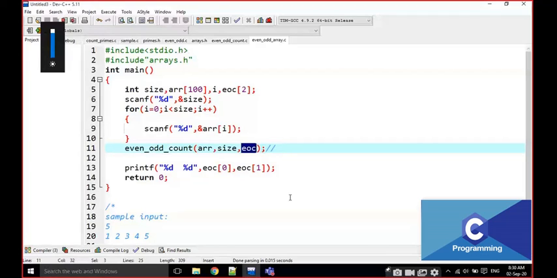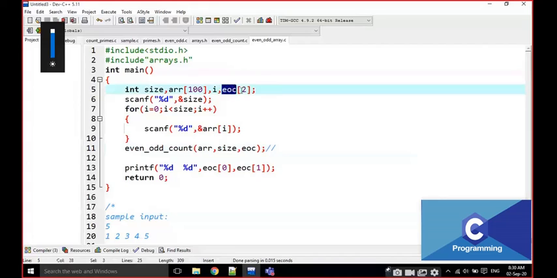Even odd count. I am passing the integer address of the even odd count.